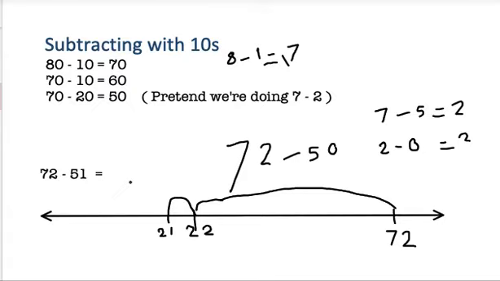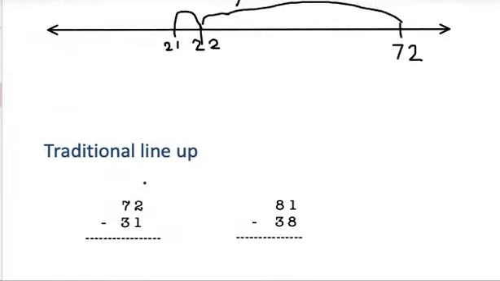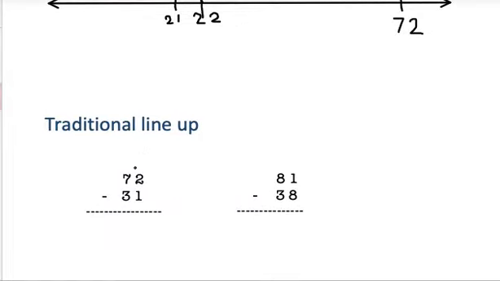Now, the number line method is really great to help you understand and visualize what's happening, but it's not always the fastest thing to do, okay? So I'll also show you the traditional lining up method that we use. Let's start off with our nice easy example. If you remember from the addition, I said we had to line up the ones together, and then line up the tens. Now, we always start from the back, so I do 2 minus 1, that gives me 1,